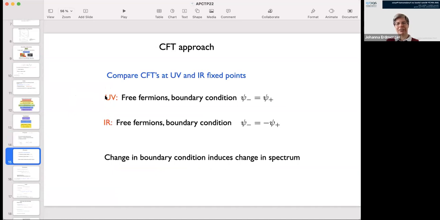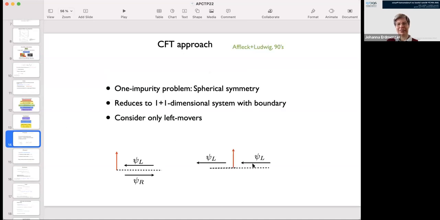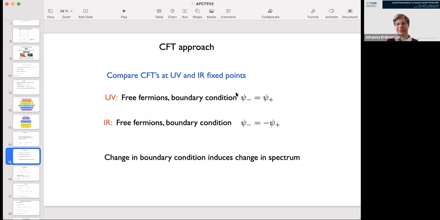And so in the UV, the electrons, the fermions, are just free. If they're free, this means they don't interact with this impurity and they just move through. In this picture they just continue moving and they don't notice this red arrow sitting here. And so if they don't notice anything, then you need trivial boundary conditions, which means the field moving on the left-hand side of the defect is the same as the field moving on the right-hand side of the defect. This is the boundary condition at r equal to 0.